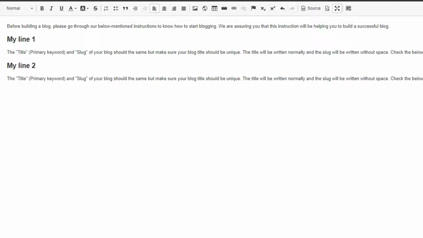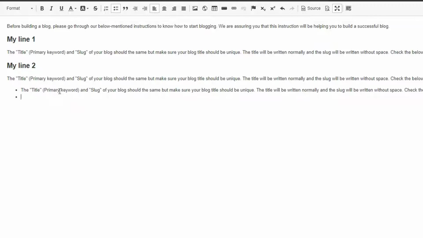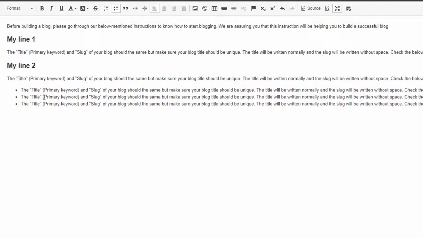then a paragraph. Let's suppose I want to type some points here, so I will just click here on bullets and type anything. If you like, let's paste our same content, then again paste our same content. So this is how you can use bullets. If you press enter twice, the bullets will be removed. Now you can switch back to the same thing.